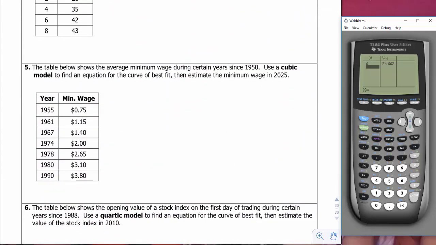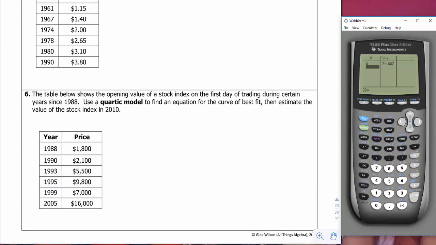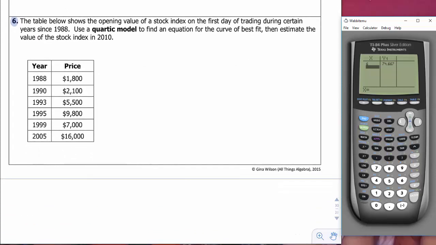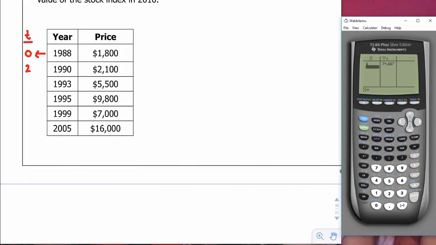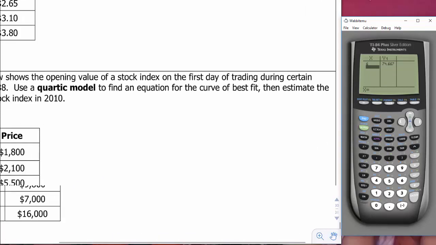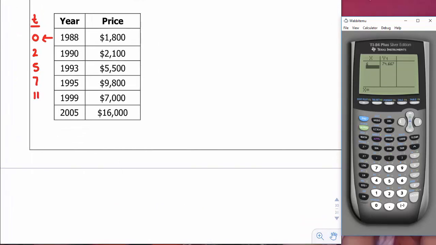And then lastly, I want to do a quartic, so we're going to do number 6, and those are the 2 we're doing. Okay, so number 6, this is that one that has, instead of times, it has years. And remember what I said to do with the years: take this first year and call this your t-value, and your t-value is going to be 0, and then 1990 is 2 years later, and then 3 more years is going to be 5, and then 2 more years is going to be 7, 4 more years is going to be 11,